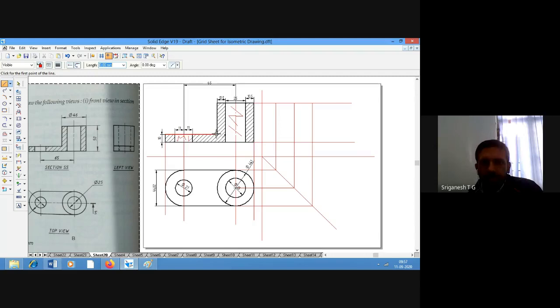So from here also we will project it. Let me start drawing this. There is a thickness, and it's hollow inside. From here also we have to draw these things. This will go up to the end.